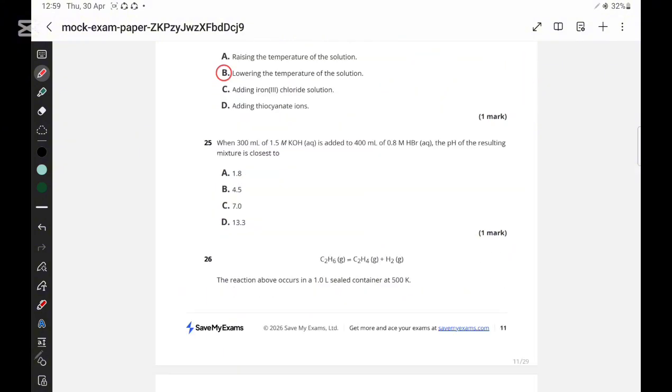For the next question, they are saying when 300 milliliters of 1.5 molar KOH is added to HBr, the pH of the resulting mixture is closest to what? First let's find the moles of KOH, that is concentration times volume. Concentration is 1.5 multiplied by the volume, which is 0.3. We have to convert it into liters. So the answer comes out to be